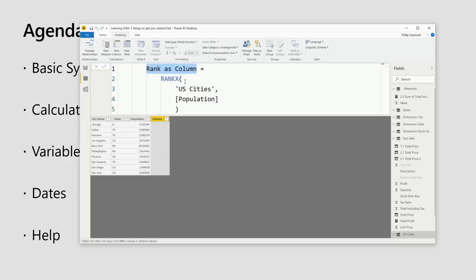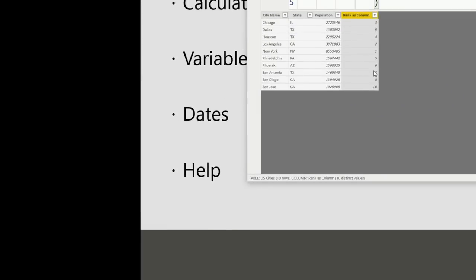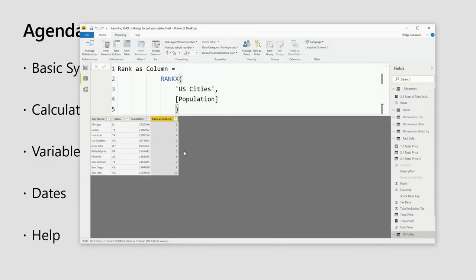And I'm using a function called RANKX, and I just want to rank the cities by population, and bang, that'll give me a value of 1 through 10, with 1 being the largest city, New York. Good, that's what I expect. So that's good, but that's static. At that point, that's when the expression actually ran, and the output of the expression now is locked in place. It's as if it had come from maybe the source system to begin with. So what I want to also do is generate exactly the same code, but as a measure this time, the dynamic one that doesn't get stored.